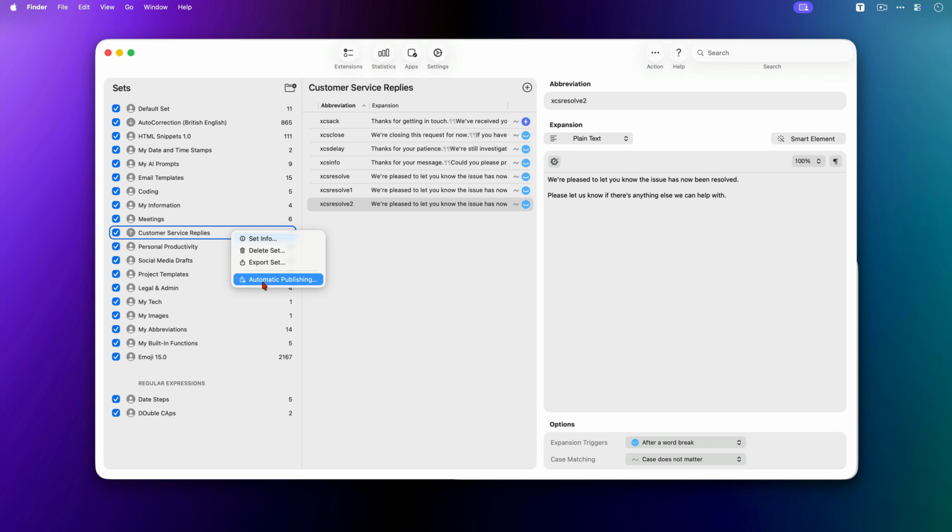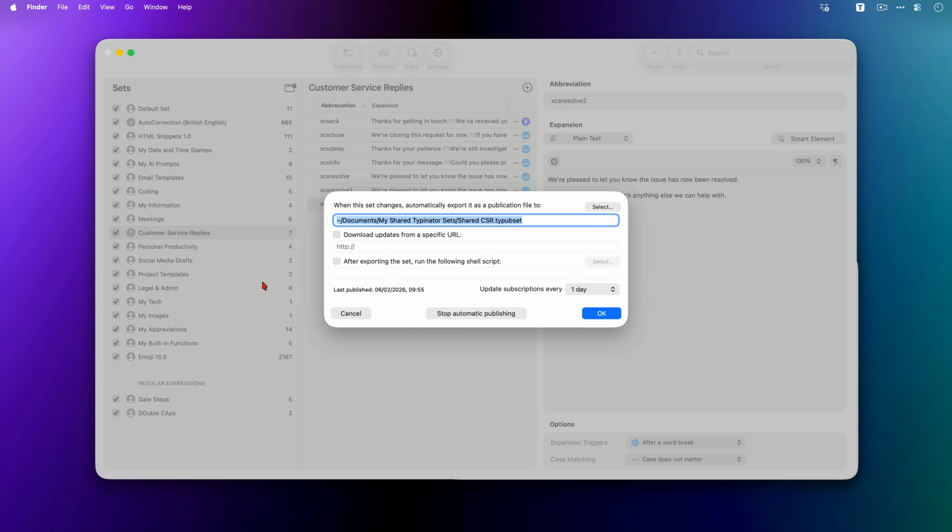If you want to share sets and give people read-only access so that they can subscribe to it, you can place your shared file in a location that's accessible via a URL. For example, a Dropbox link. And if you place the set in a folder and link to the item here, they can subscribe to it. Down here, you can define how often subscriptions to this set will update. So the default is a day. And you can also